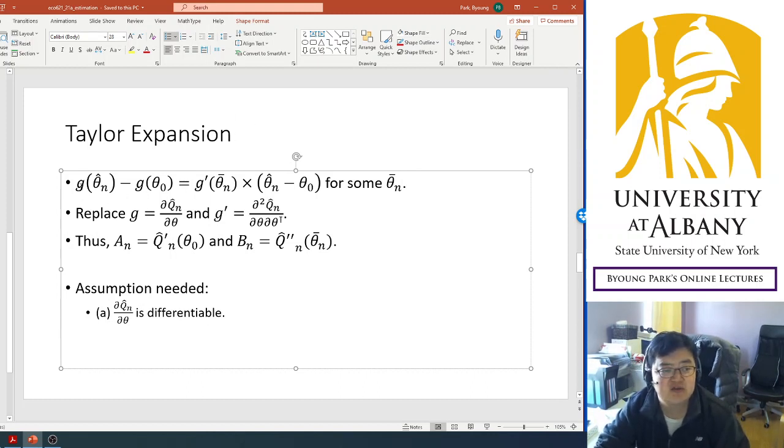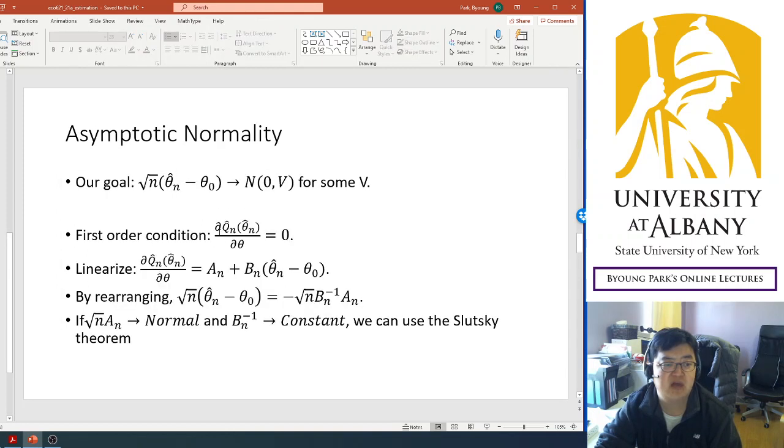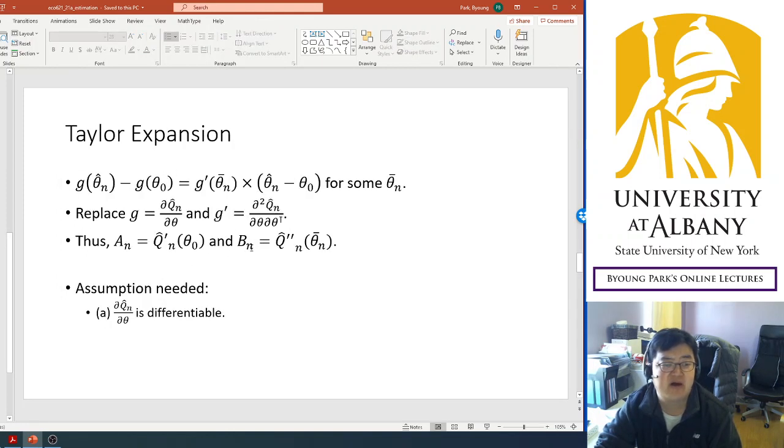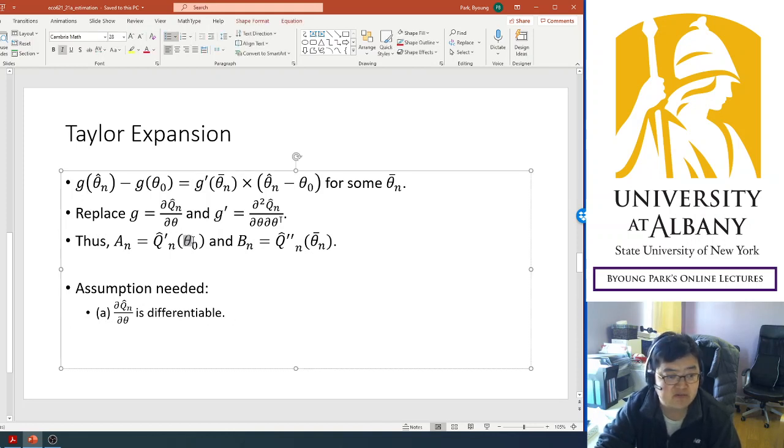And if you replace the function g with the derivative of the criterion function, which is what we are going to use in our Taylor expansion, then it is easy to see that a n and b n can be found this way. So a n is the first order derivative, and b n is the second order derivative. I said difference, but it is derivative. a n depends on theta 0, so it is fixed, so it does not cause a big problem. But b n has